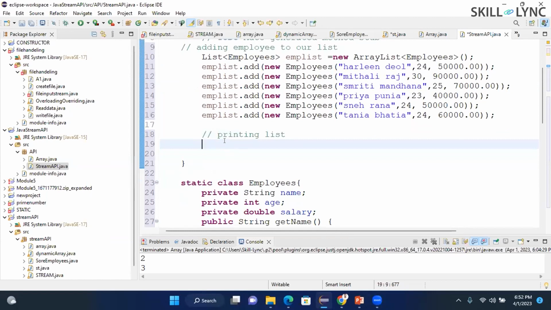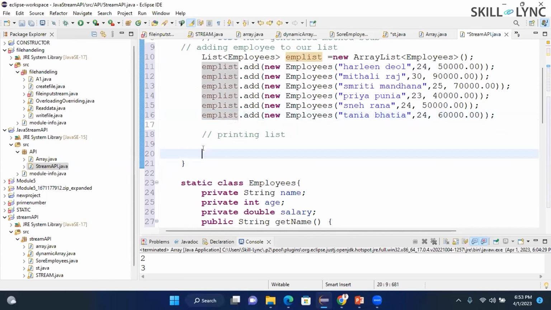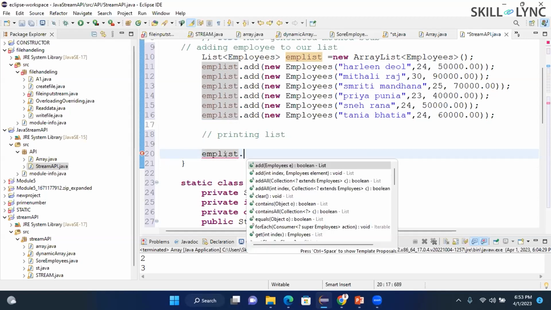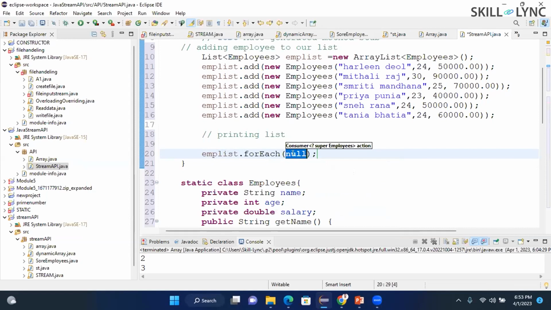Just type employeeList here. Now here we use a forEach function to give the output. When you put a dot, you will get a forEach function here. forEach Consumer. Just double click on this. Yeah, we will get it. Now we will mention here